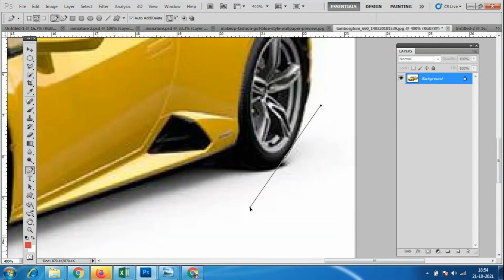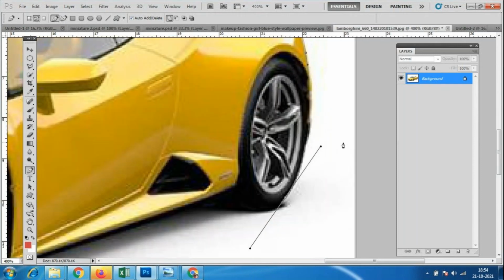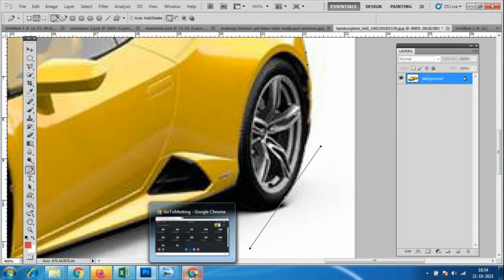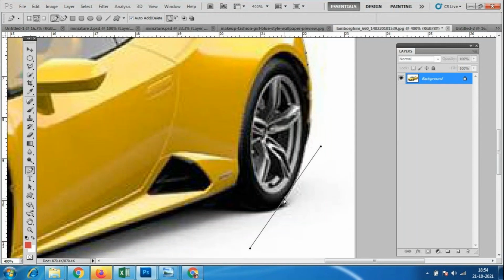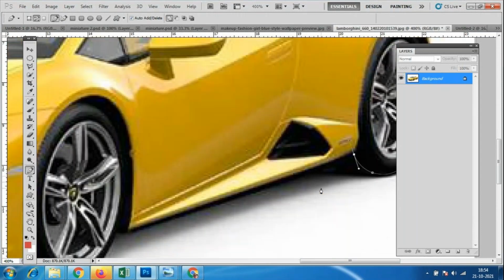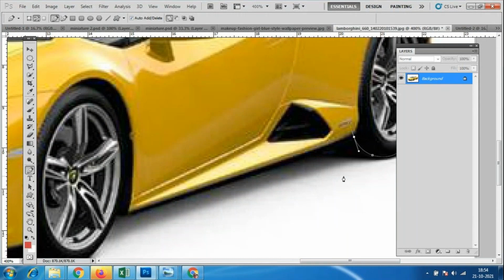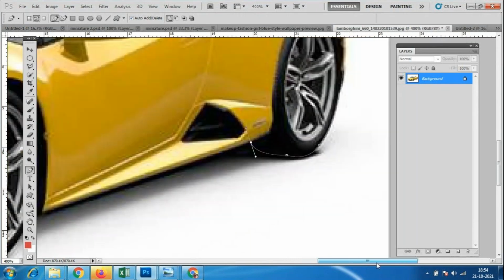If you're not able to do it in this Photoshop class, no problem. After Photoshop you have InDesign and CorelDRAW. At that time you compulsorily have to use this tool, because this is the only interesting tool there. This tool is there in all designing software. If you go to video editing, or to 3ds Max, Maya, or any 3D software, this tool is very common. It is a very familiar tool. See, I'm roughly doing this.